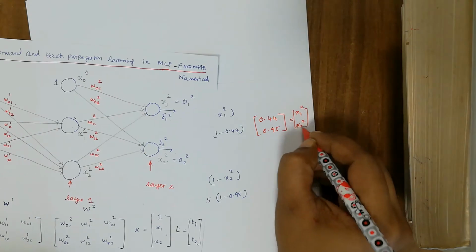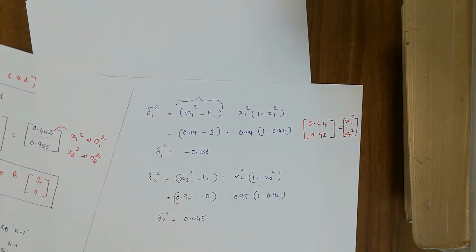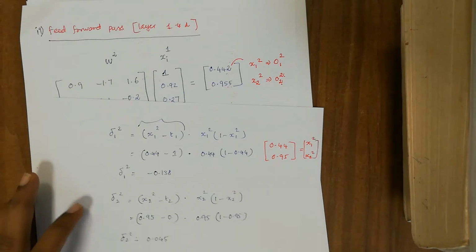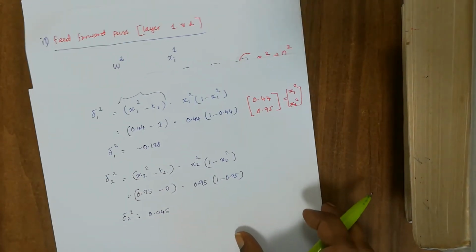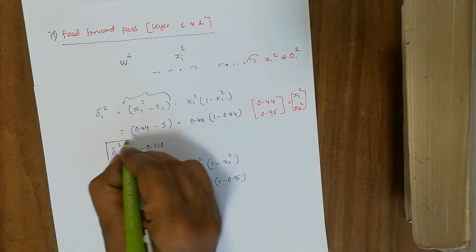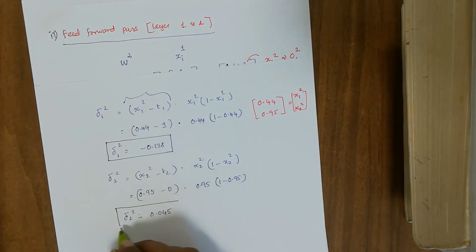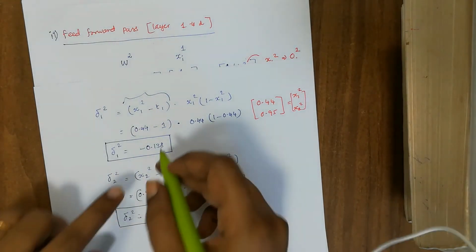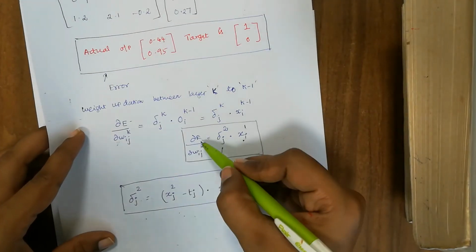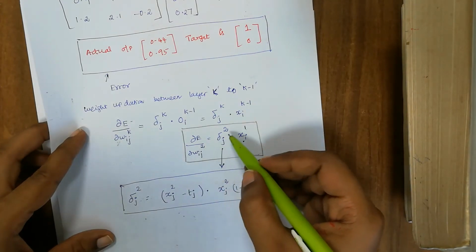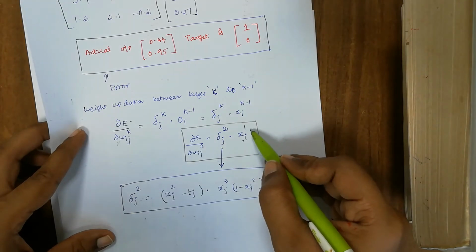So this value only we have substituted in this, and then take the difference at the output layer. Now once we have estimated del 1 2 and then del 2 2, we have to make use of these values to calculate dou E by dou W ij. Okay, now we have obtained both values. Now we have to calculate this value dou E by dou W ij. This value has to be multiplied by xi from the previous layer.